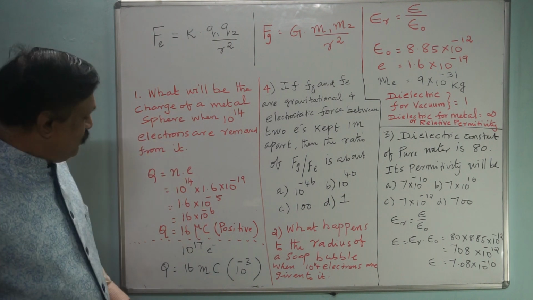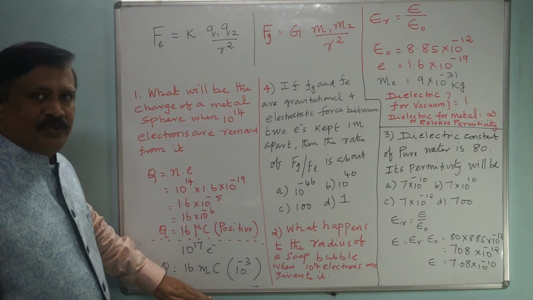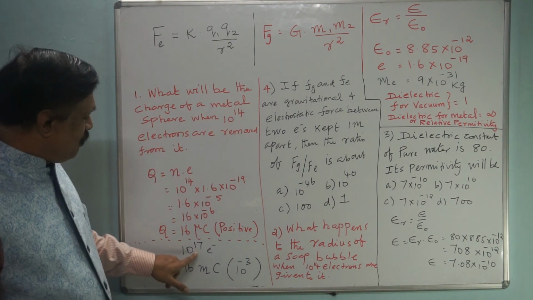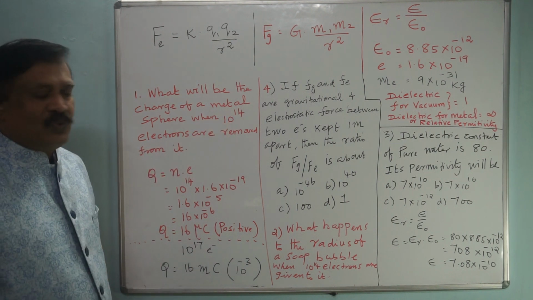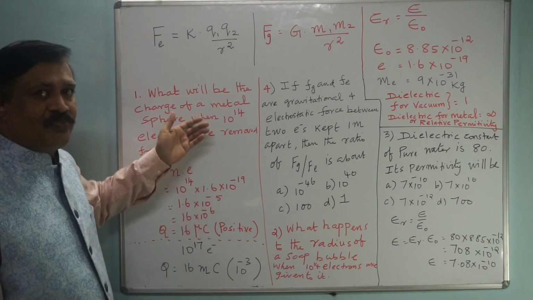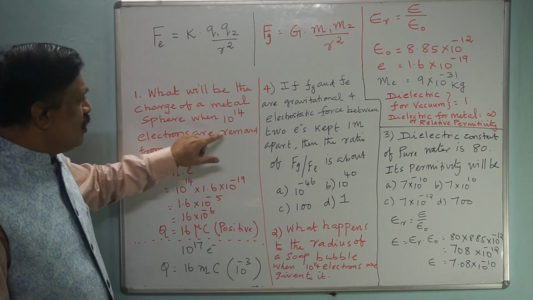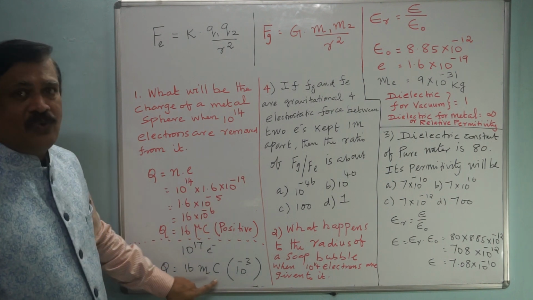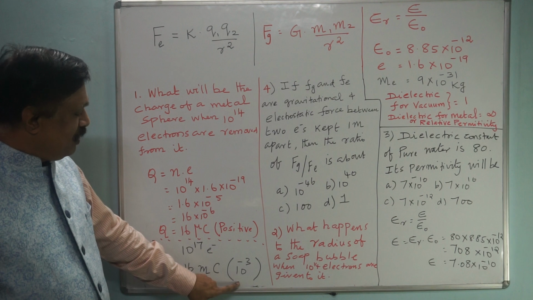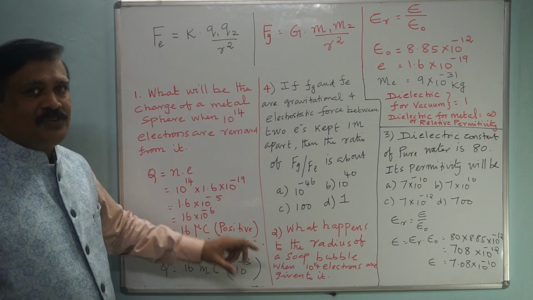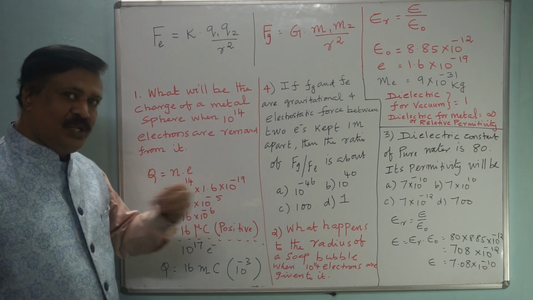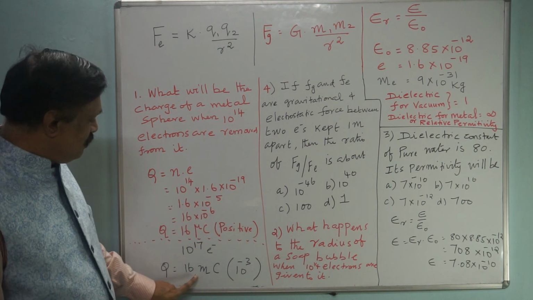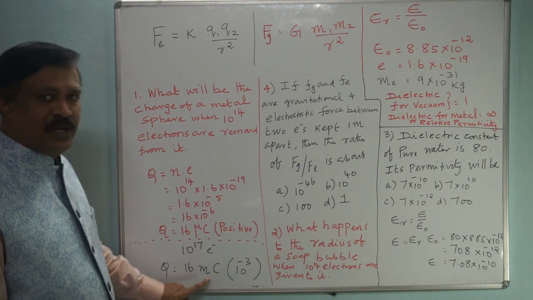putting the correct answer. Now another type, the same pattern. Instead of 10 power 14, if they give 10 power minus 17 electrons, okay, the number is varying. Now I am going for some other problem, the same problem with a different number. Then it will be 16 millicoulomb. Millicoulomb means 10 power minus 3. Okay, coulomb is a big unit. Therefore, they go for milli and micro, pico, like this one. Therefore, this is 10 power minus 3, it is millicoulomb.